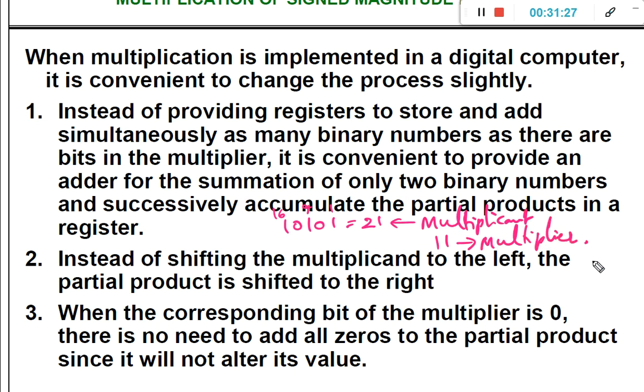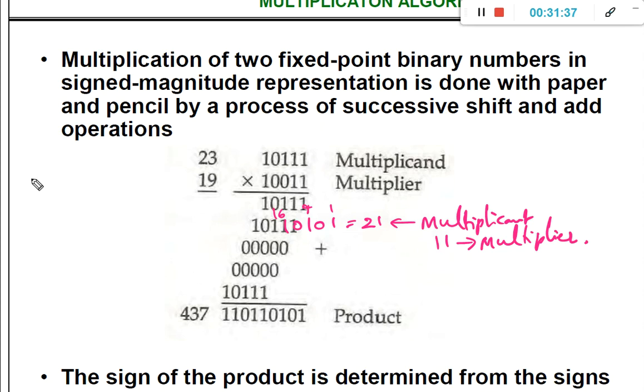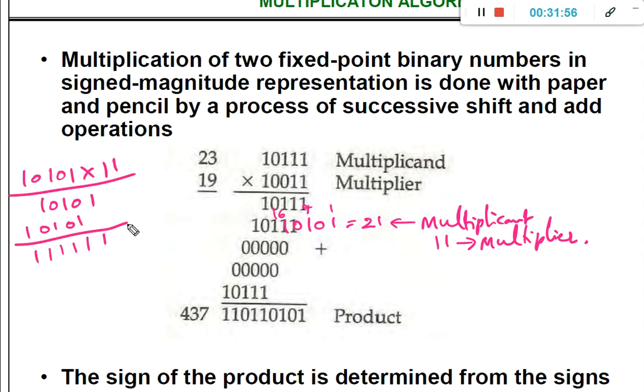Now I will show you the original method and the altered method. What is the original method? 10101 into 11. Multiply with 1, 10101. Multiply with 1, 10101. Add the product, 111111.